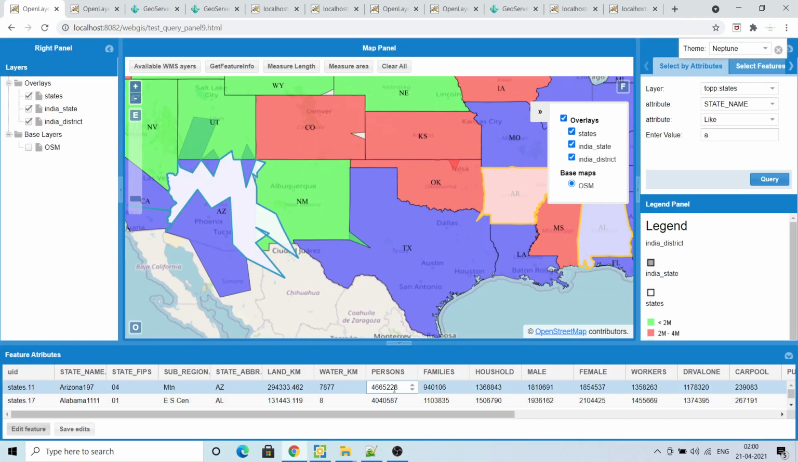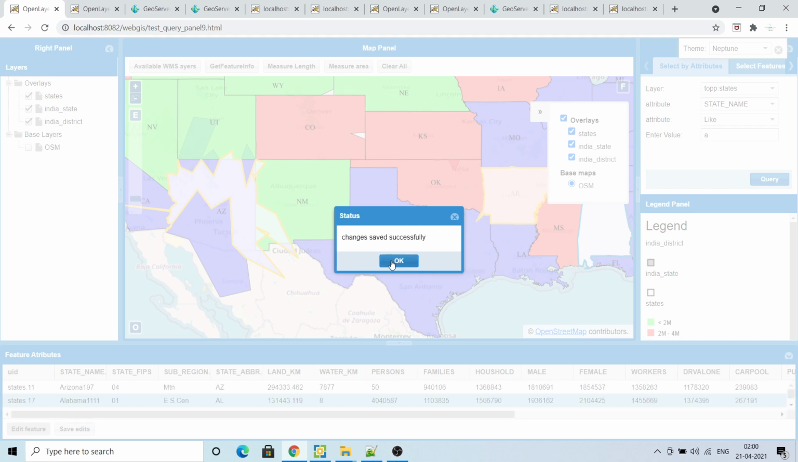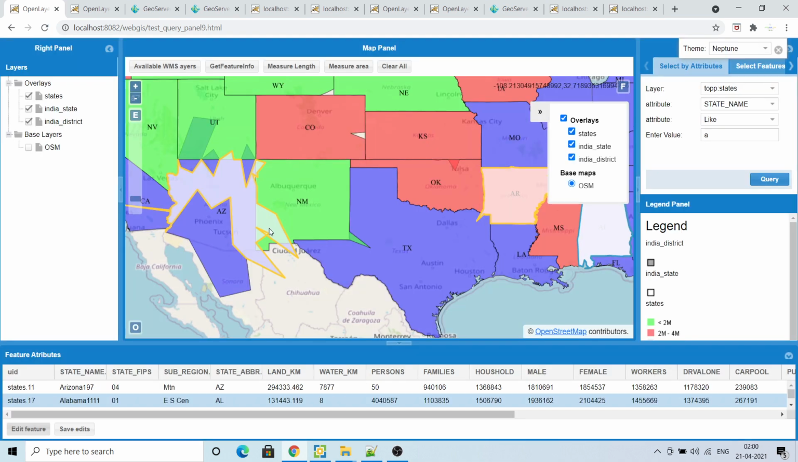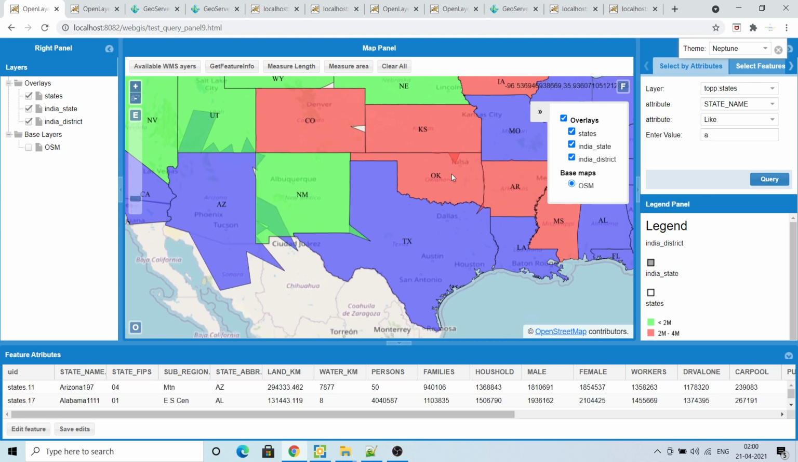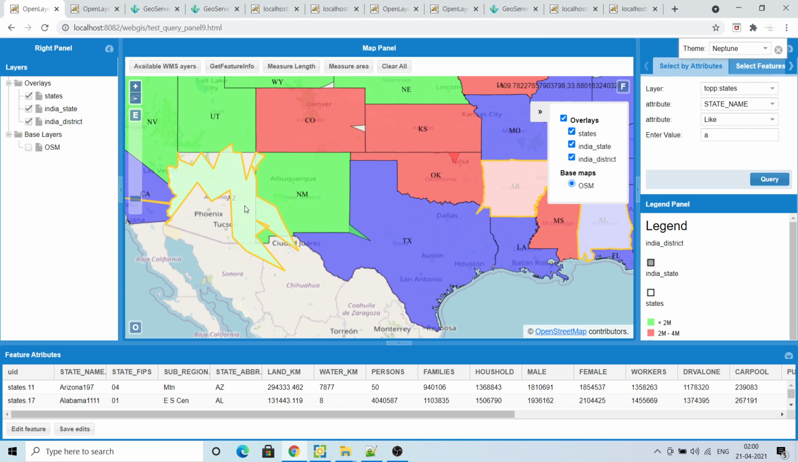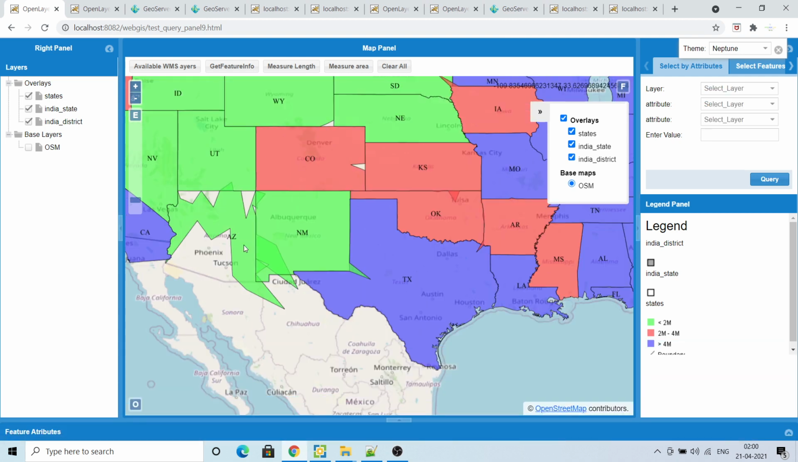Oh, sorry, I was not able to write 50. So now the shape is like this. So if I'll query it again, you can see the shape, how it is looking, and also the value is 50, so the color will be changed. You can see the color has changed from blue to green because this value is less than 2 million. So that's how, on a real-time basis, it is updating all the attributes and shape